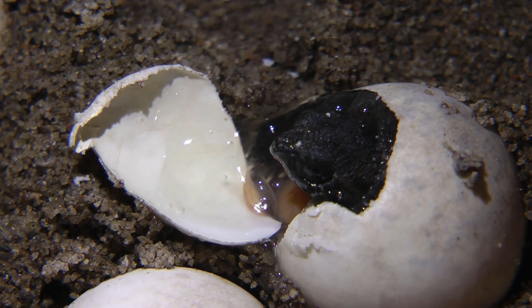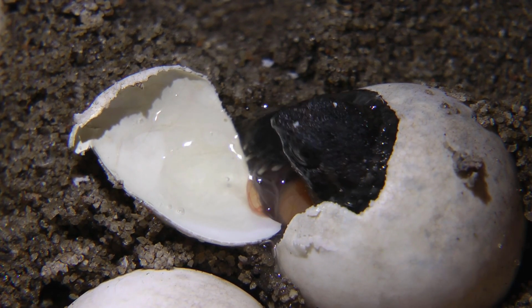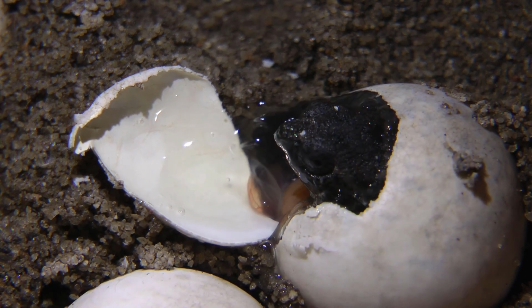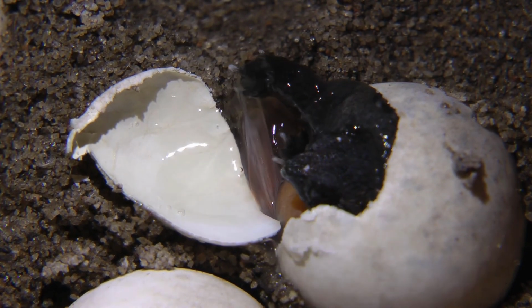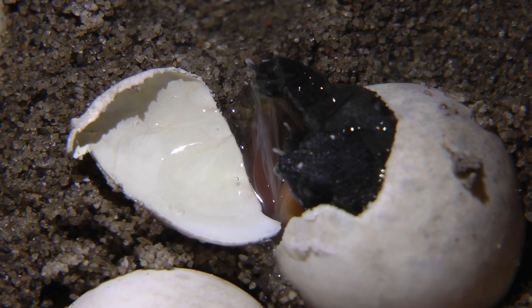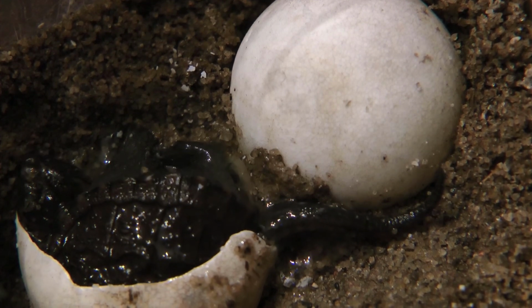Gave him a little bit of help by peeling the egg back, but not by much, not to disrupt the natural process. We just didn't want him to struggle more than necessary. The idea of being here was to have them hatch and put them into a tank, feed them well, and then before the weather turned cold in late September, bring them back out and release them. So one by one these eggs hatched,